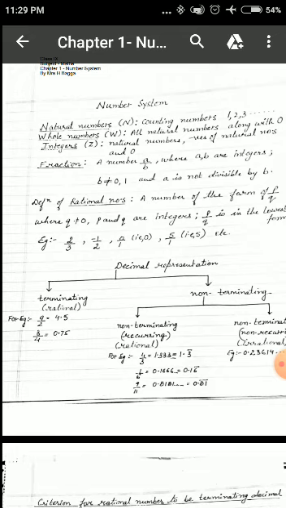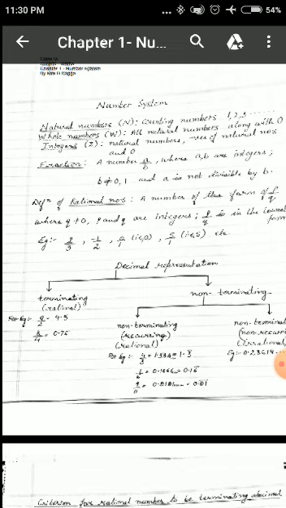For example, in the case of recurring, we have 4 upon 3, which when divided gives you 1.3333 and so on. Also, 1 upon 6 when divided gives you 0.1666. Here we observe that 6 is being repeated. In the other case, we have a decimal 0.23614, which is again extending up to infinity, but the digits are not repeating themselves. So, the examples for both are given below.